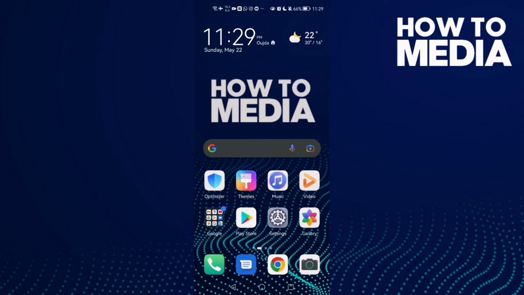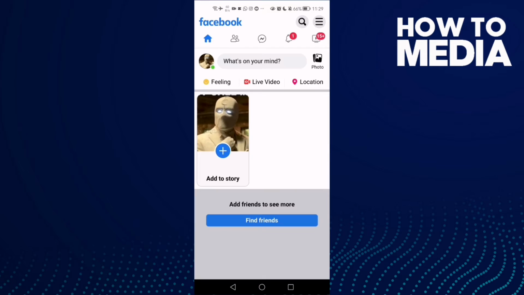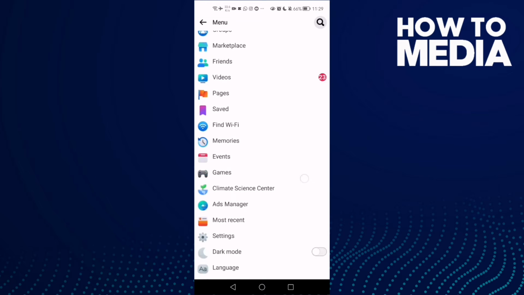How to turn off page you manage mention notifications on Facebook Lite. Hello guys, in today's video I'm gonna show you how to turn off page you manage mention notifications on Facebook Lite. First thing, go to Facebook Lite and here just click these three lines at the top corner and go